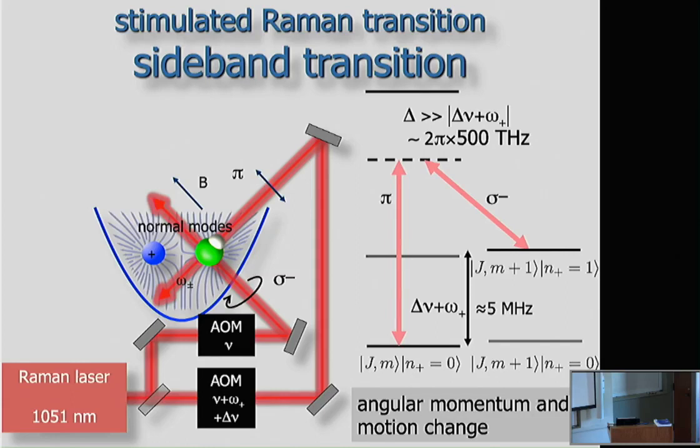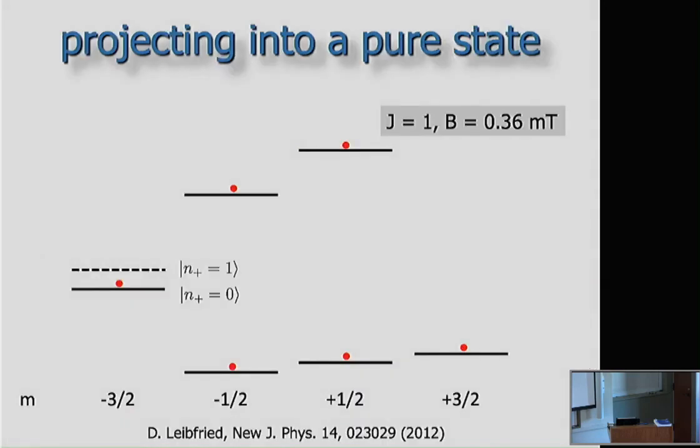And when we can make this transition and pick it up with the ion, something magic happens, if you wish. We can project into a pure state. So that's the part that I think Schrödinger would not have liked very much. But anyway, we can do it in the lab every day. So the trick here is, when you make this transition, before you have seen the result, you could be in any of these states. So you have a density matrix with lots of entries. But if this transition really works, you're going in the external motion from the ground state to the first excited